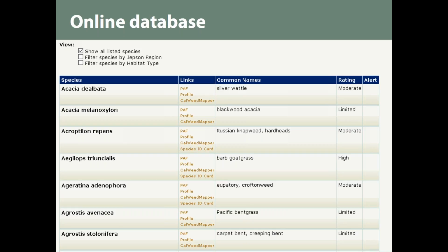You can scroll down; they're alphabetically arranged, and there were 3 different areas here we wanted to point out for you. At the top left, you can do some sorting and filtering so that you could, if you were looking for instance only for coastal species that we had listed in California, you could do that way. And then secondly, we have in the middle, for each of the plants,